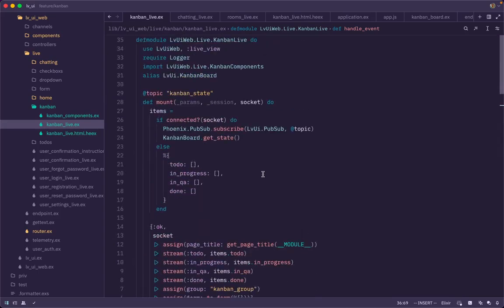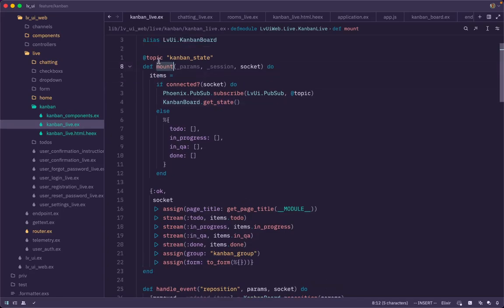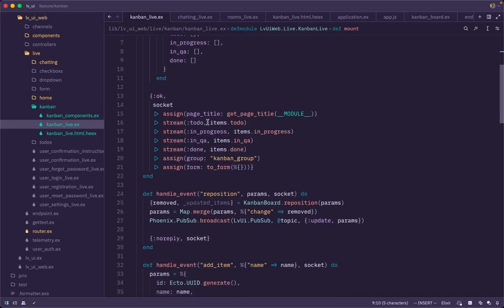Yeah, this is Kanban live. Here I'm just subscribing to a topic in the connect and getting the elements, the list. Generally I'm assigning into the variable, and I am adding those lists into streams. Here we have to do, in progress, in QA, and done. So these are the streams,